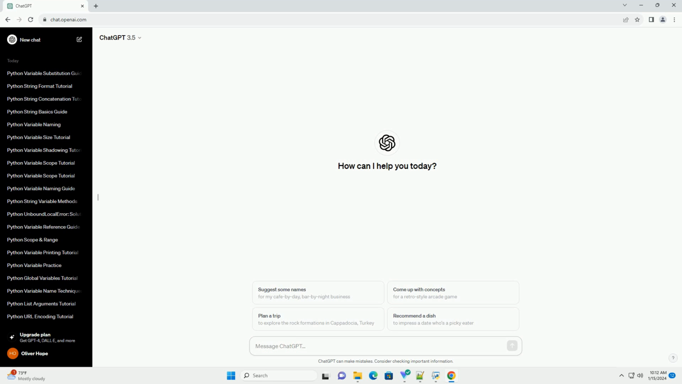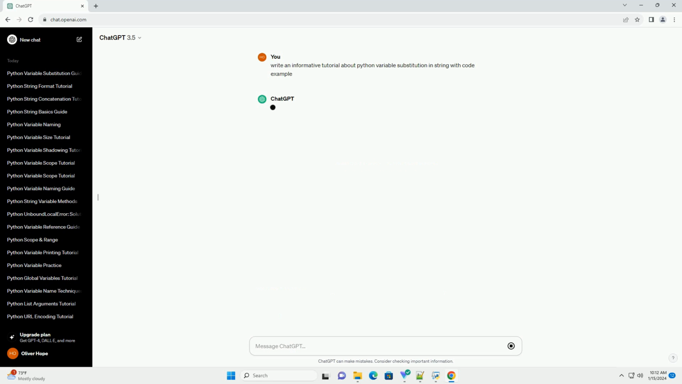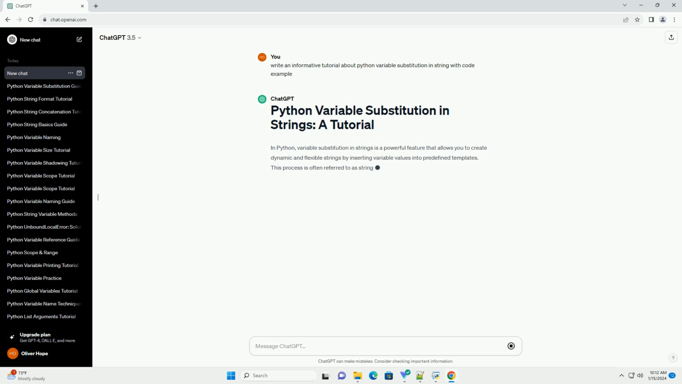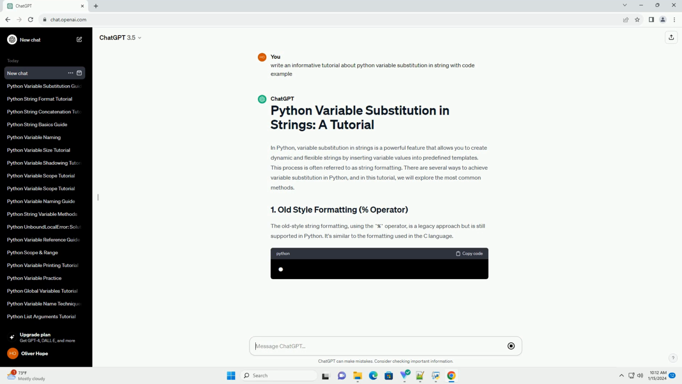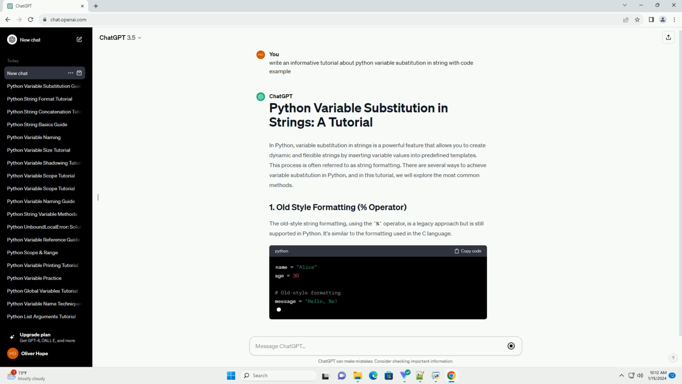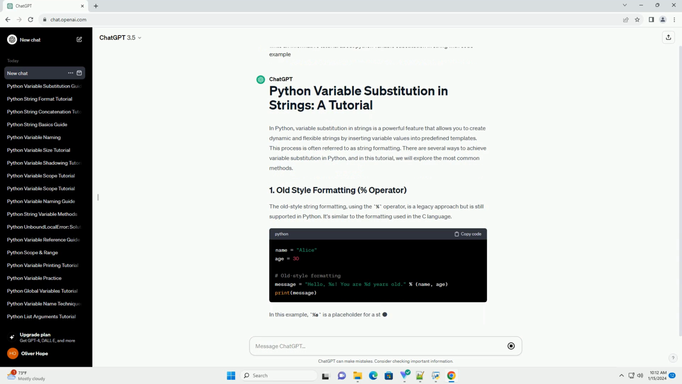In Python, variable substitution in strings is a powerful feature that allows you to create dynamic and flexible strings by inserting variable values into predefined templates. This process is often referred to as string formatting. There are several ways to achieve variable substitution in Python, and in this tutorial, we will explore the most common